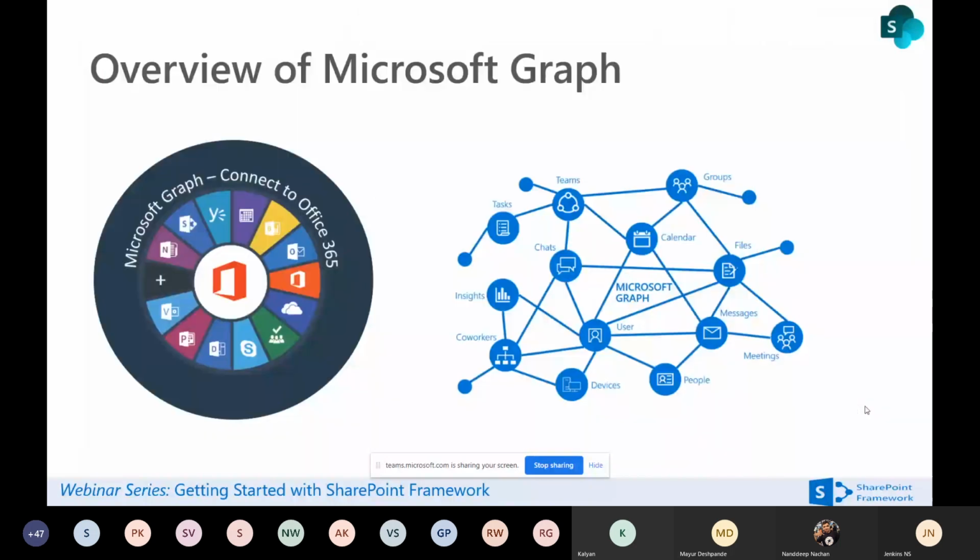Another good thing about Graph API: you can see here how Microsoft Graph connects with Office 365. As of now, it has 19 endpoints, but a single root API. We have different APIs to connect to, but everything looks like graph.microsoft.com. That's a very big advantage, right? We don't have to go with multiple REST APIs. With Microsoft Graph API, we have connectivity with calendar, chats, Teams, OneDrive, messages. We can get data from everywhere and retrieve it in a single place, so we can manage our parameters easily.